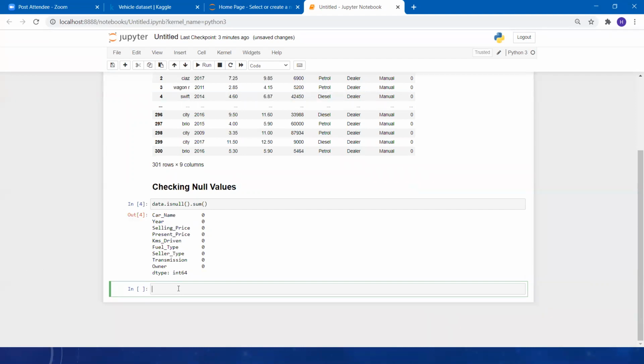Now, the third thing we can do is describe the data. Okay, tell me one thing. How will the describe function help us? What are the values it will give us?